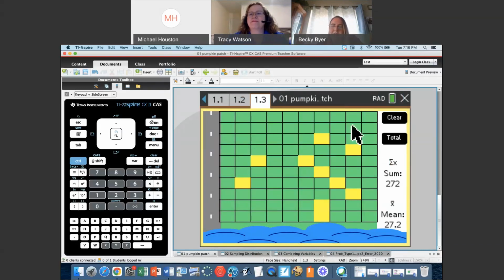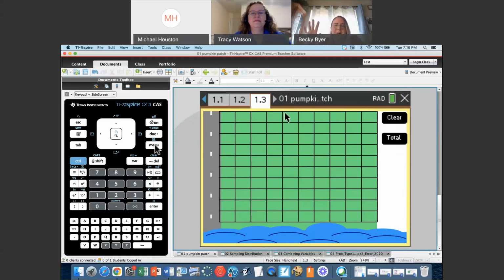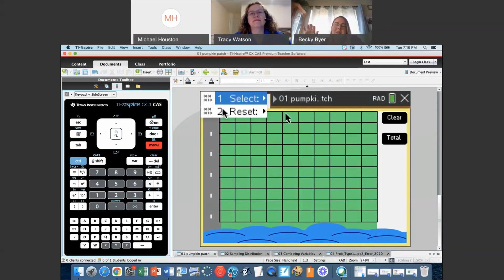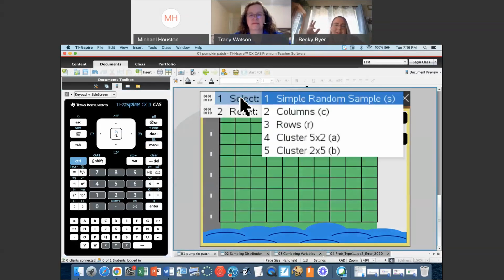Nice. And so again, I would have all of my students do this, and we would do on the board a nice little dot plot and have the kids plot their values. So we could see what the typical value is, or where it's centered for all of our samples. And I could see what the spread looks like, because some of these, like I said, I know the rows and the columns, the spread is different. And so it's a nice conversational point to have with your kids.